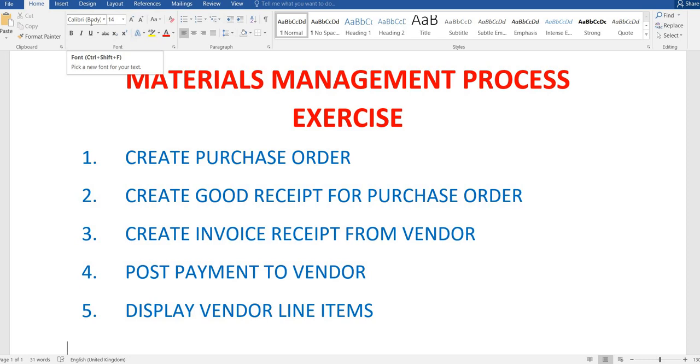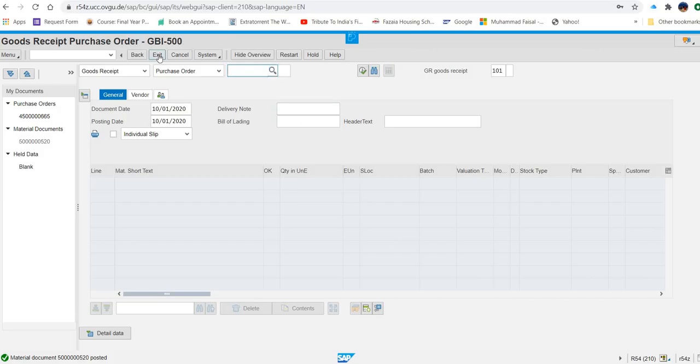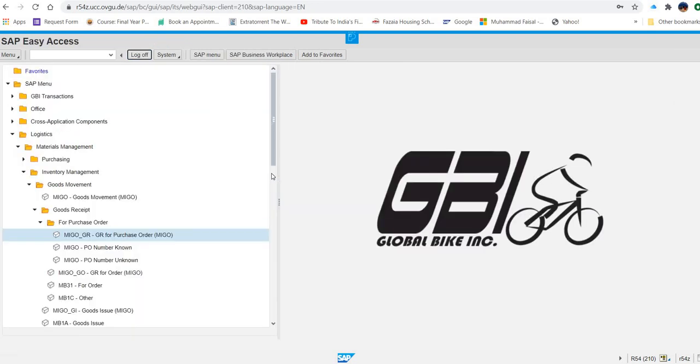So you can see in this case that the goods receipt will come from the vendor and similarly the invoice receipt will also come from the vendor, and post payment will be done by the manufacturing company, because once they clear the payment they will post it in their accounts. So now we are going to do the third activity, creating invoice. So let's go there and see which steps we have to do.